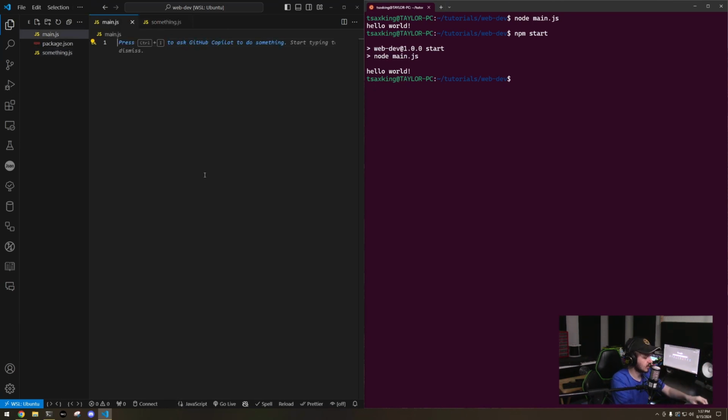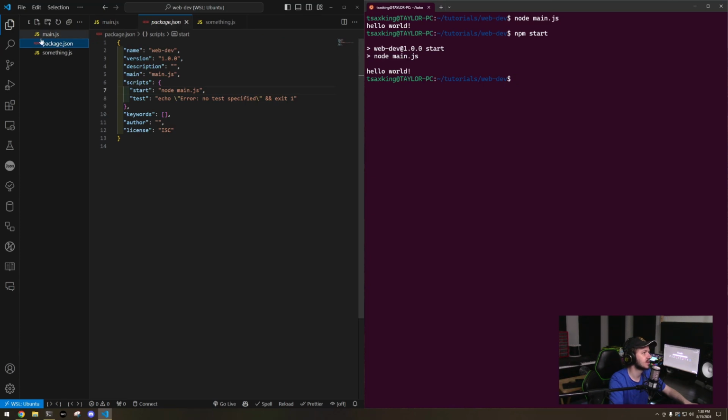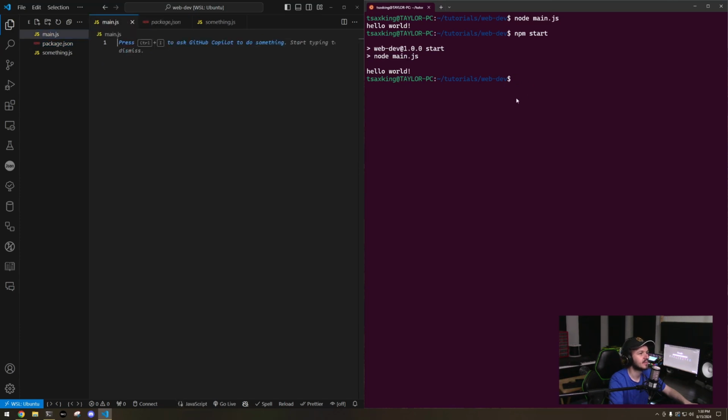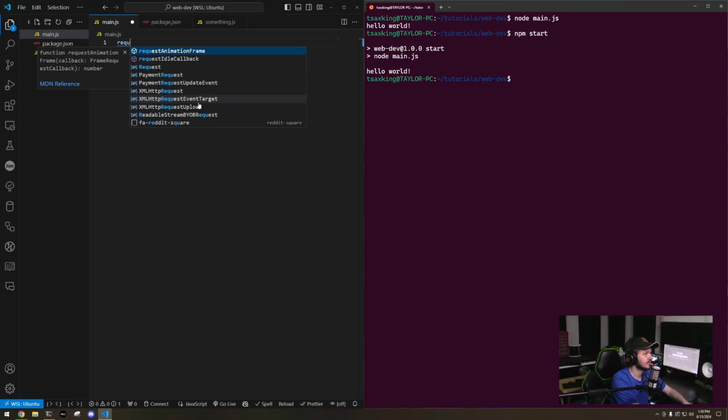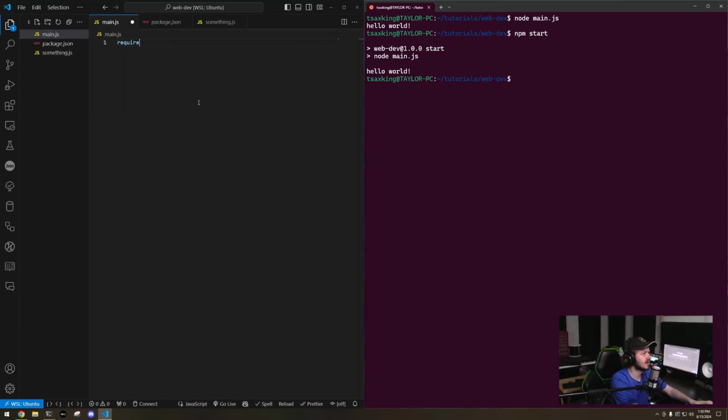Basically the way I pull something from another file is I use this require function. Whoops. This does not recognize Node.js as my main thing. This thinks that it is currently in the DOM environment. Okay. So if I require something, /something,